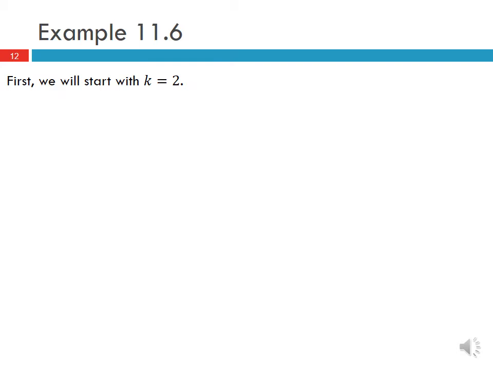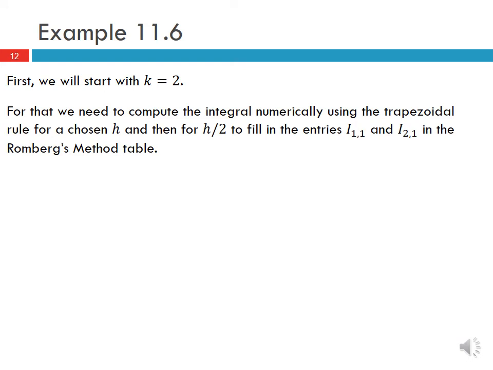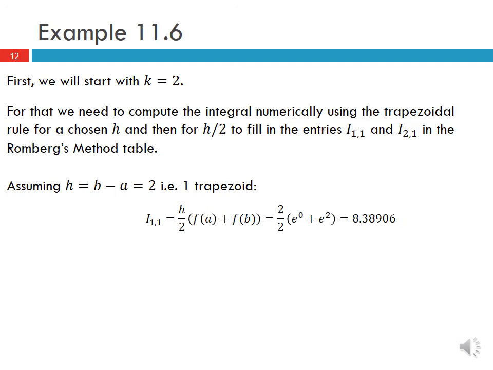So first, we're going to start with k equals 2. For that, we need to compute the integral numerically using the trapezoidal rule for a chosen h, and then for h over 2, to fill the entries I11 and I21 in the Romberg's method table. So if our first h is equal to 2, then that means we need one trapezoid to cover the whole